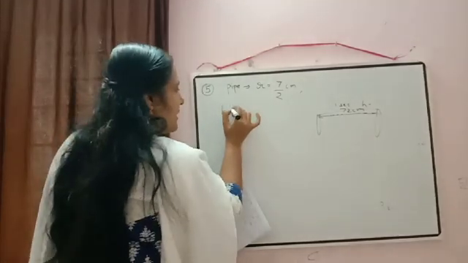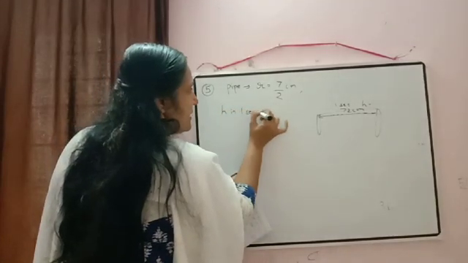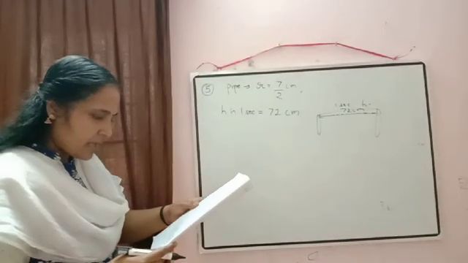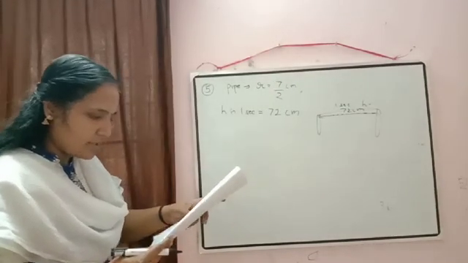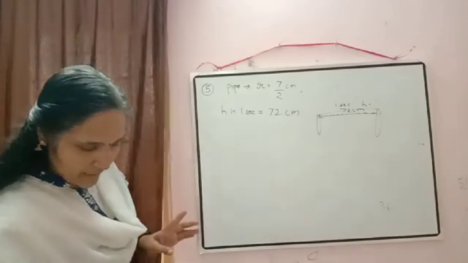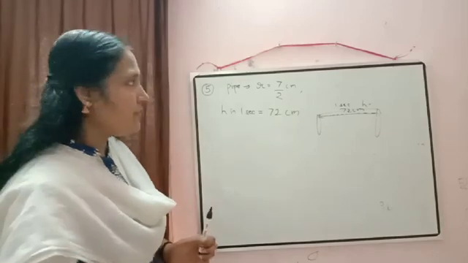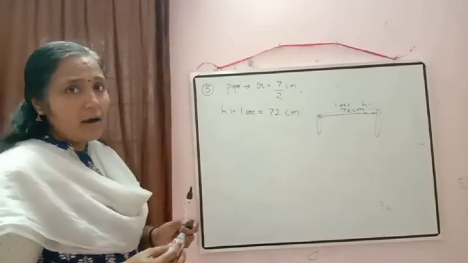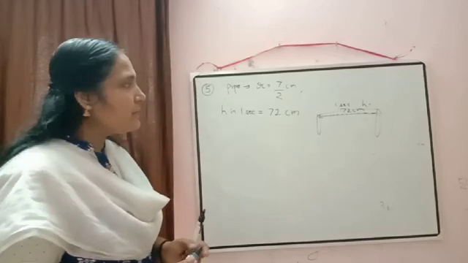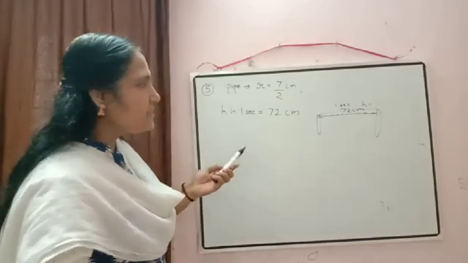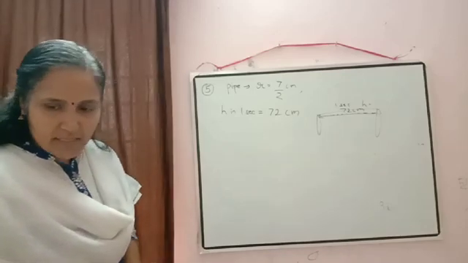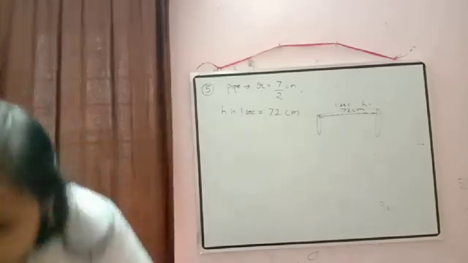So just write down there, height in 1 second is equal to how much is given? 72 centimeter. How many liters of water are being pumped out in 1 hour? So we have to calculate volume in 1 hour. What will be the volume in 1 hour? That we will calculate there. Okay. So first, we can calculate the volume in 1 second, because distance covered in 1 second is given there. Okay. So just write down there, volume in